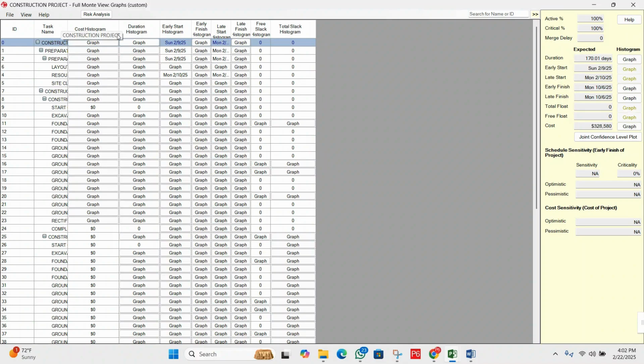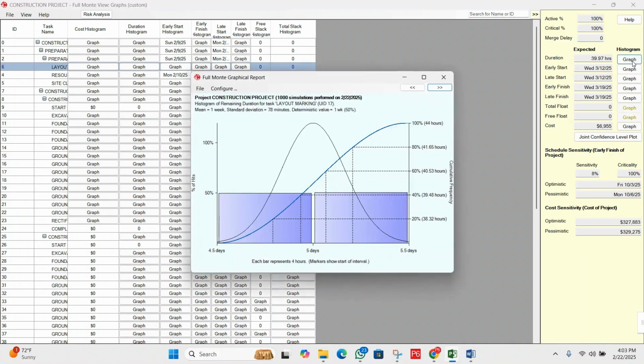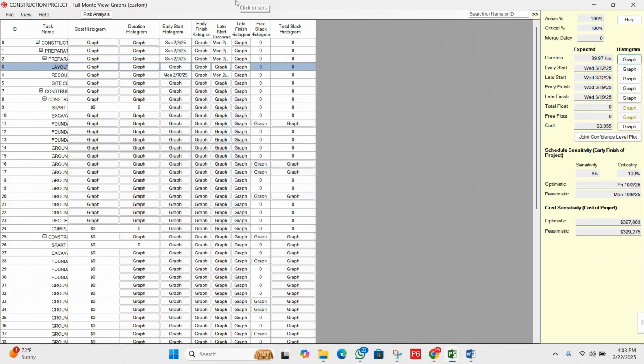Next, let's click on this duration histogram. If you move to the right side, you can see here the critical, percentage, active, then duration, expected, then histogram, then early start, then late start, then early finish, late finish. You can see here the explanation of this histogram, the expected duration. If you click on this graph, we will discuss it later, but let's discuss